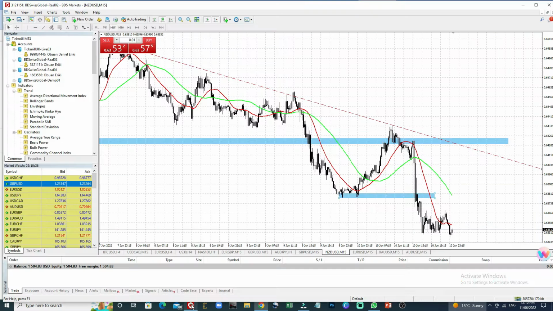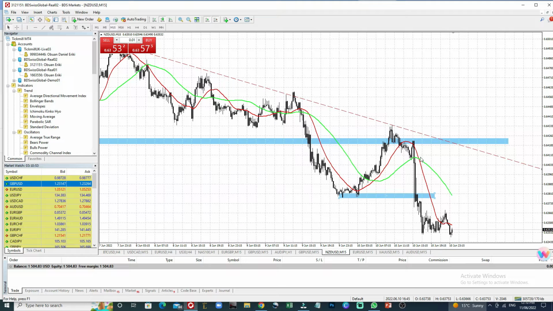So I was very cautious in this particular trade because today it was Friday. I don't like taking too many trades on Friday. Friday is always a little bit tricky. But what I did was to ensure that I have different